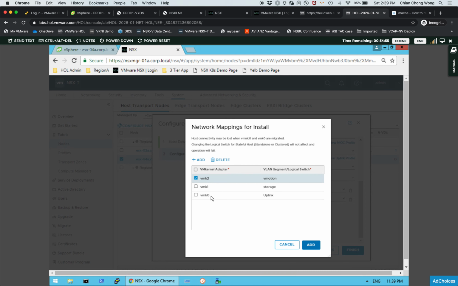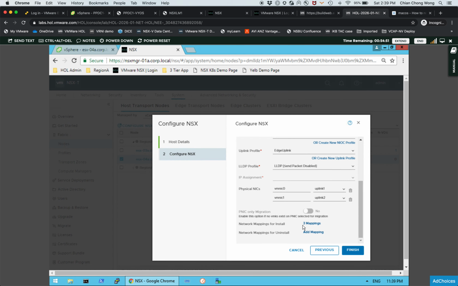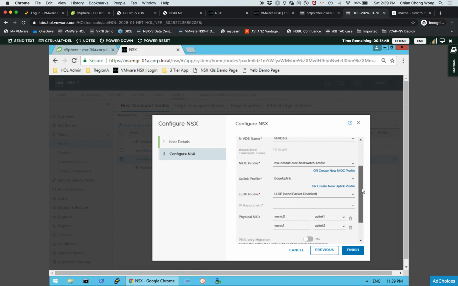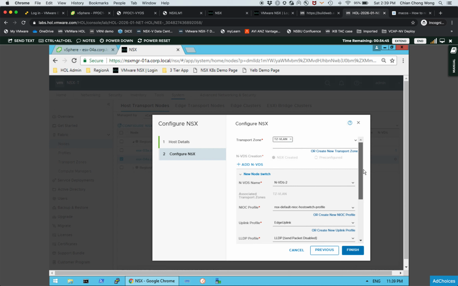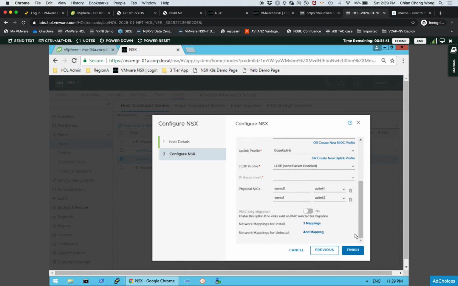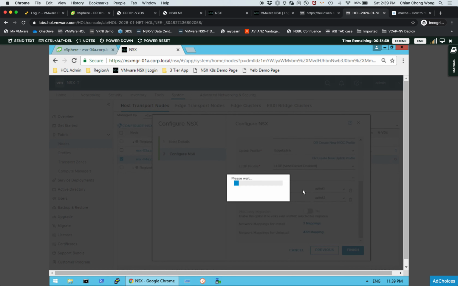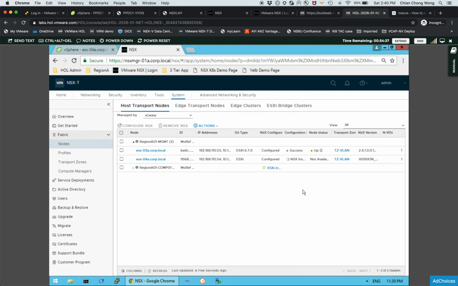Okay, so once that is done, I am pretty much ready to configure and set up the NVDS on ESXi04A itself. So I click on finish, and that will kickstart the process of installing the NVDS on ESXi04A, and at the same time what it